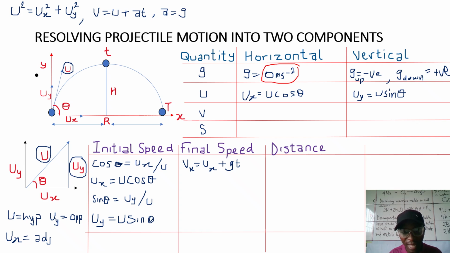That implies that our Vx now will become, we substitute the value of Ux, which we have established is U cos theta. So we have U cos theta